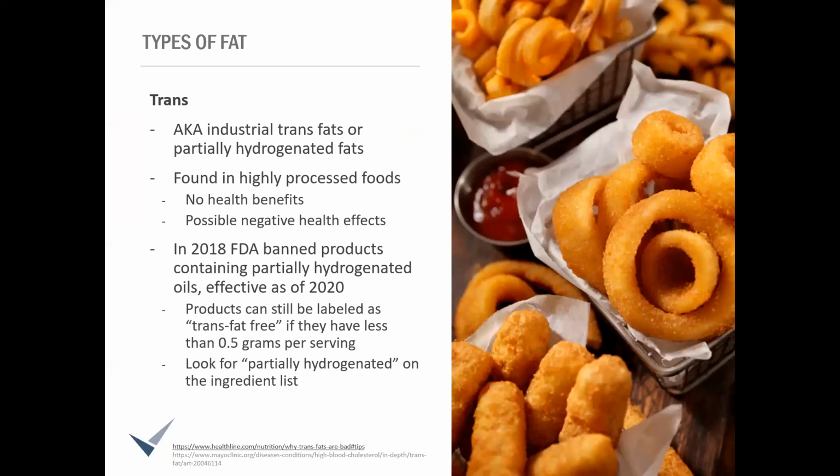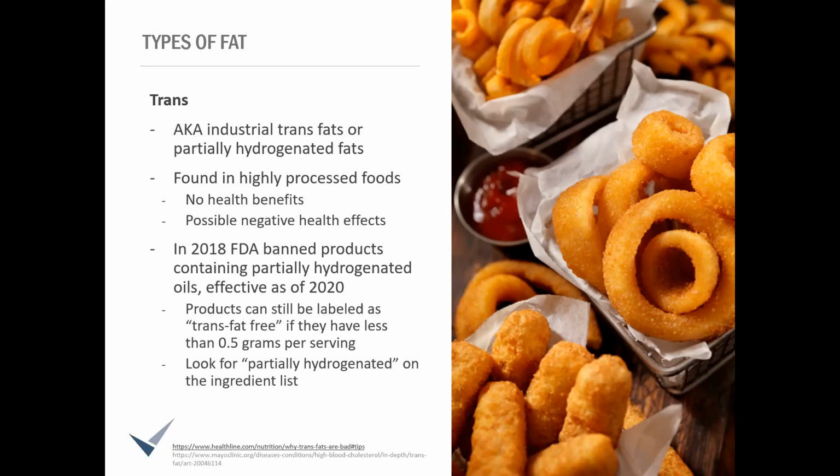I'm going to start with the one that pretty much across the board we know we want to stay away from whenever we can: trans fat. There are natural and artificial forms of trans fat, and it's the artificial that we need to be concerned with. Artificial trans fats are known as industrial trans fats or partially hydrogenated fats. These come about when vegetable oils are chemically altered to stay solid at room temperature, which makes them last a lot longer, giving them a longer shelf life, if you will, which businesses try to do all the time, right? Make their foods last longer.